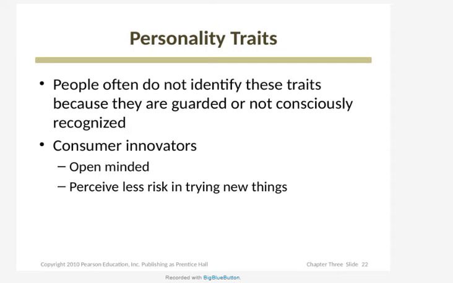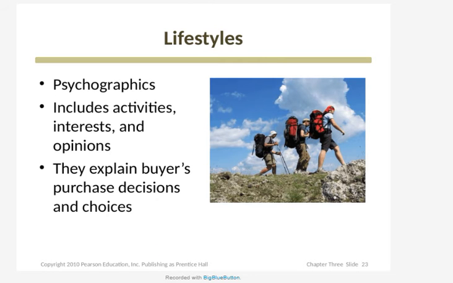So يعني marketers try to find these traits in people. People يعني they don't identify these traits. Marketeers identify these traits in people. تمام. So this is according to personality traits. Also we have the lifestyle, including activities, interests, opinions. تمام. People have different lifestyles and they are divided or segmented according to this lifestyle.